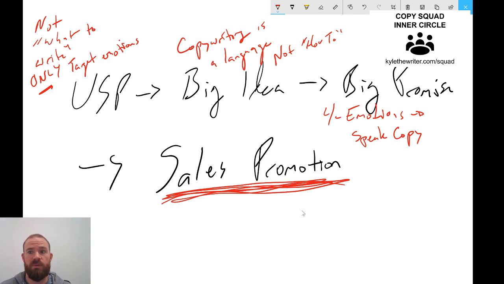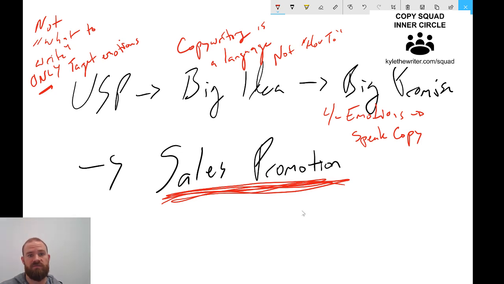So this is kind of the process. People always wonder, where do I start? What do I do, et cetera. I got this bulleted format from that book, Ready, Fire, Aim by Michael Masterson, but I've been doing this without realizing it for all sorts of work. A lot of times when you're working with someone, you have to put in more work than just sitting down and writing the sales promotion. You might have to craft a USP. If you can't dig one out, you might have to ask them to tweak their product or service.